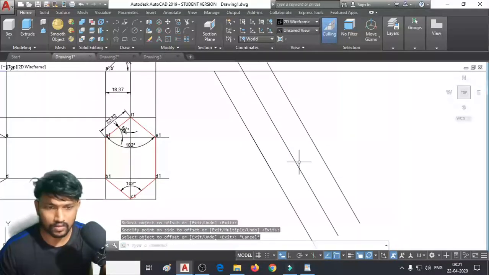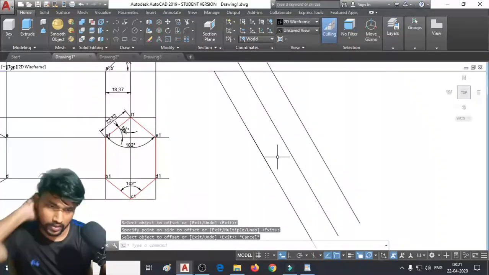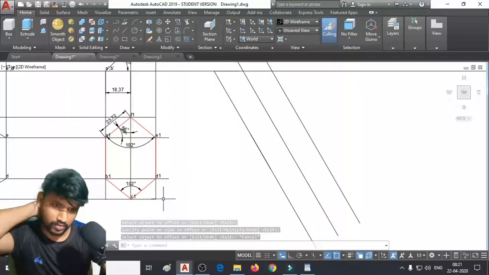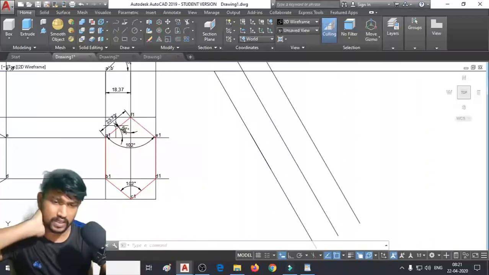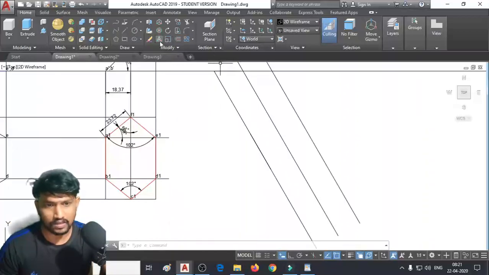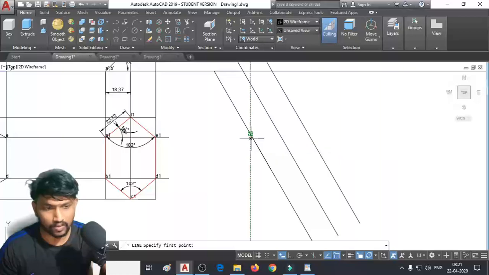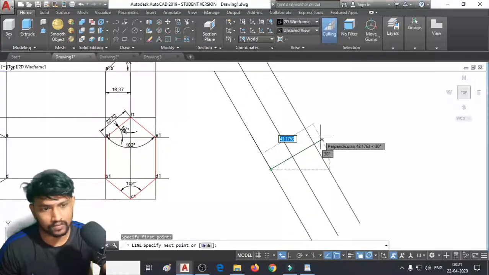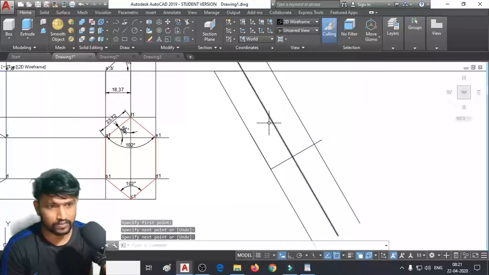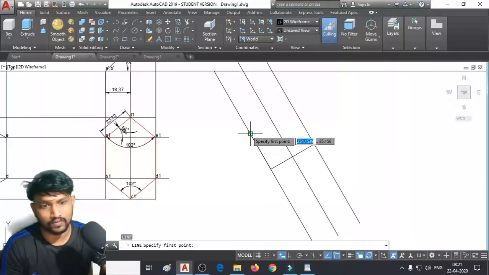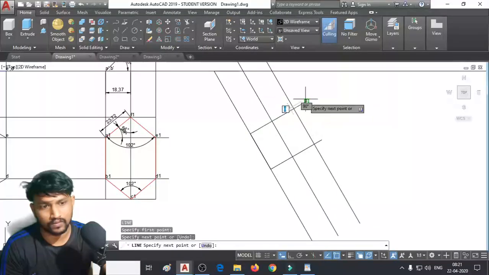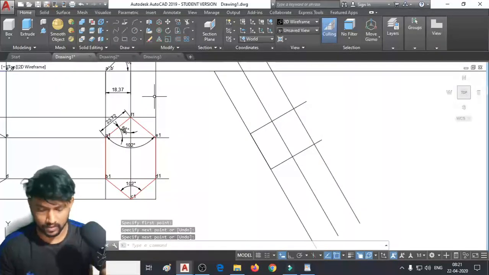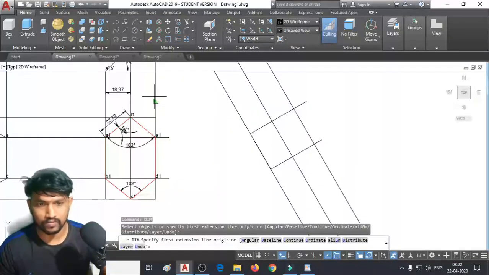Okay, I think now they're properly arranged. Now let's measure this dimension. I'm just basically trying to get this cube rather than getting these angles so that the problem becomes very much easier for us. Let me measure this dimension also.